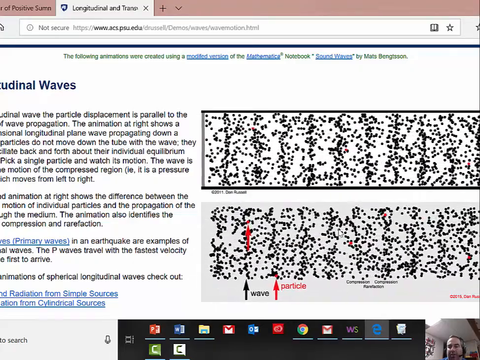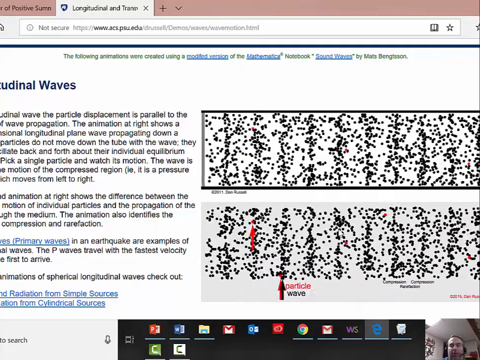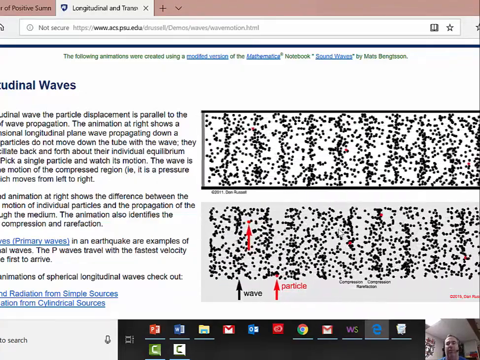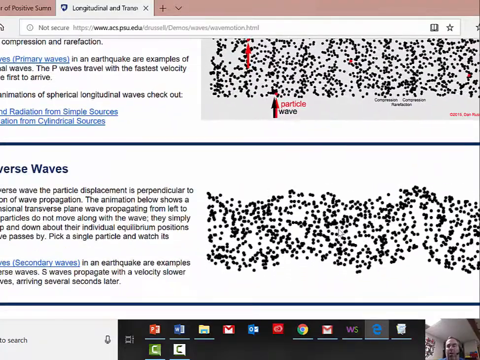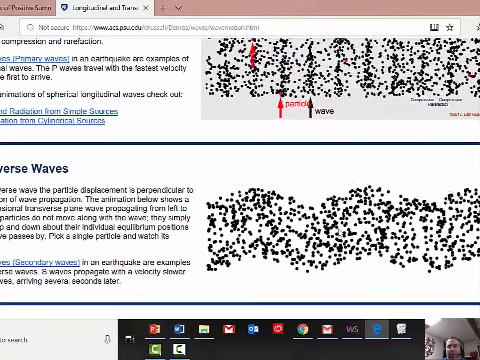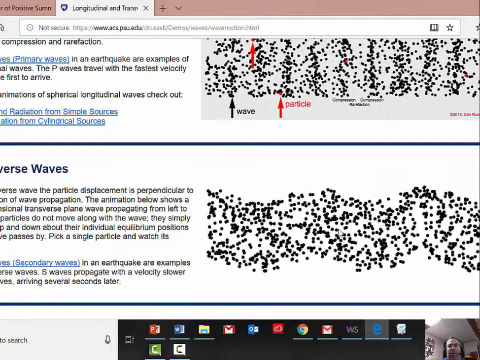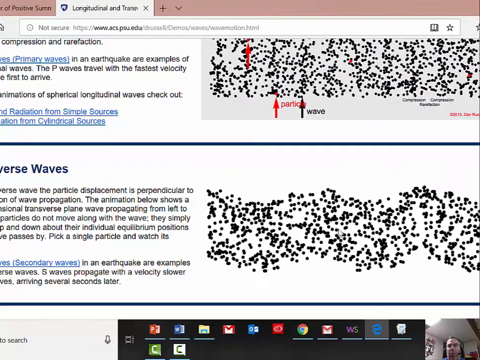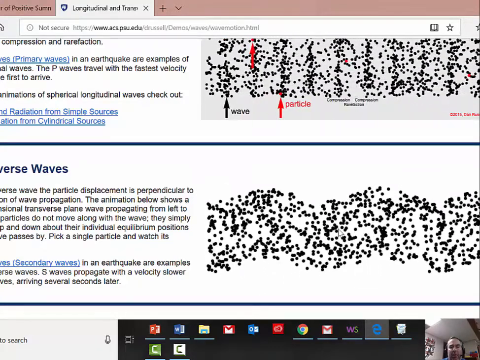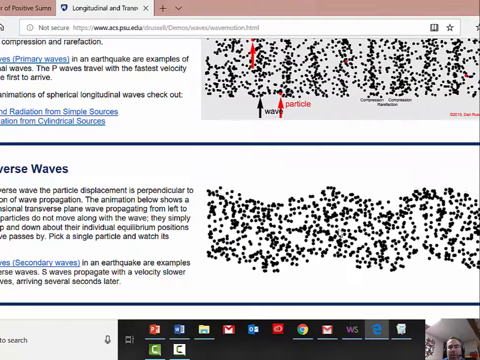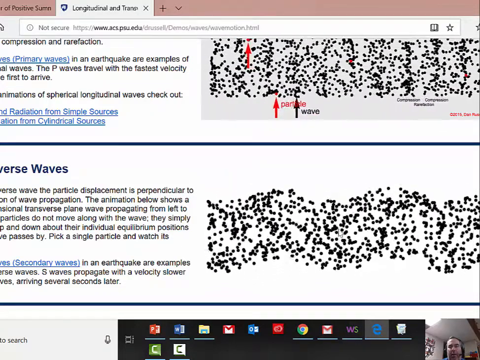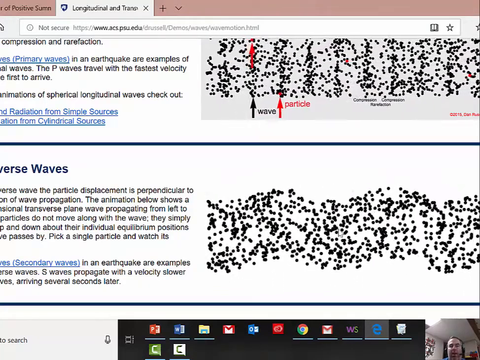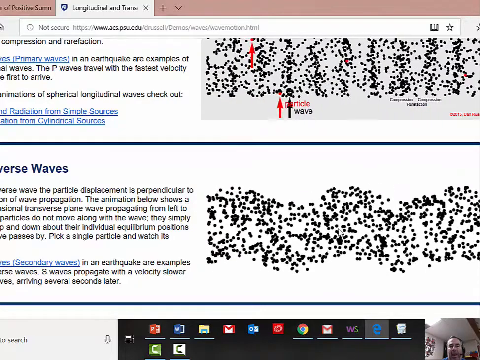Let's look at a transverse wave. That transverse wave we said was one that was moving at right angles. I wish they highlighted some particles, but if you follow this high point, it looks like that high point is going all the way across the wave, or all the way across the material. But if you look at an individual particle, that particle itself is going up and down vertically, while the wave looks like it's moving horizontally across the page. So the particles themselves are moving up and down, or like we said, at right angles to the direction in which the energy is moving.